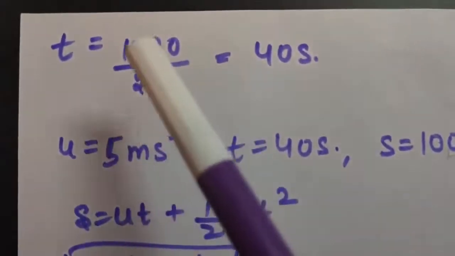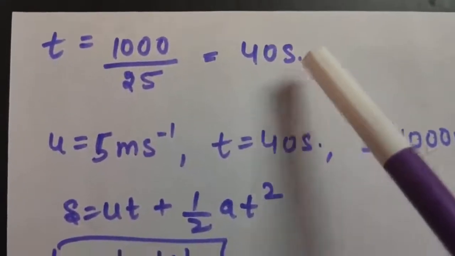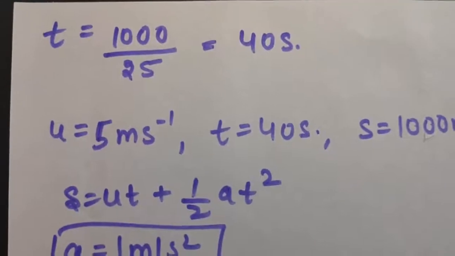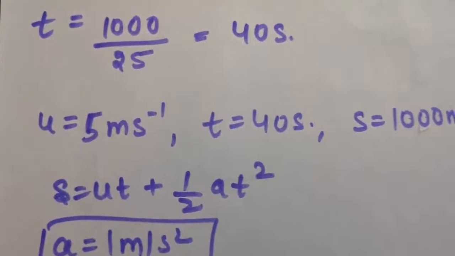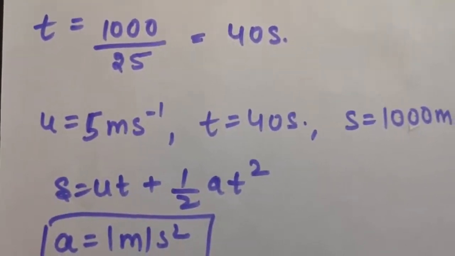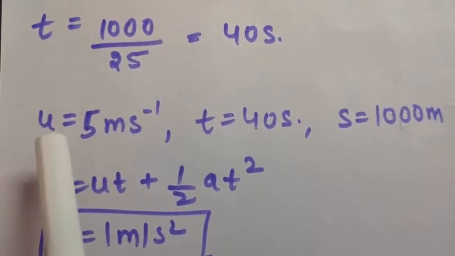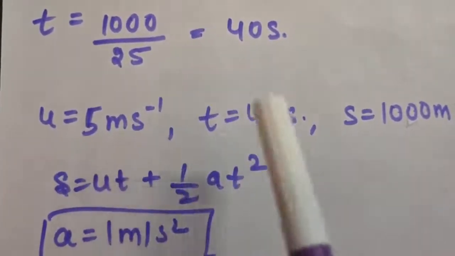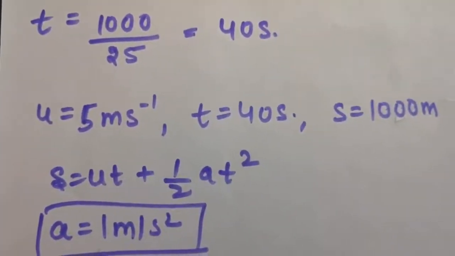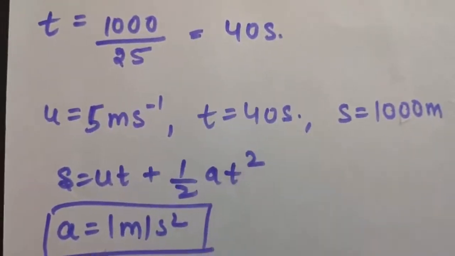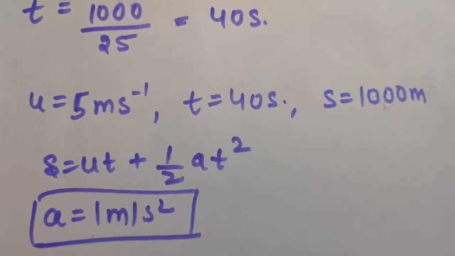So if we calculate the time, the time will be distance upon velocity of C with respect to A. So this will give you 40 seconds. That means in 40 seconds, C will reach A. So either B should reach in 40 seconds or earlier than that, because B wants to overtake A before C does. So now look clearly, velocity of B is 5 meter per second. The maximum time it has is 40 seconds, because if it takes more than that time, then C will overtake A before B does.